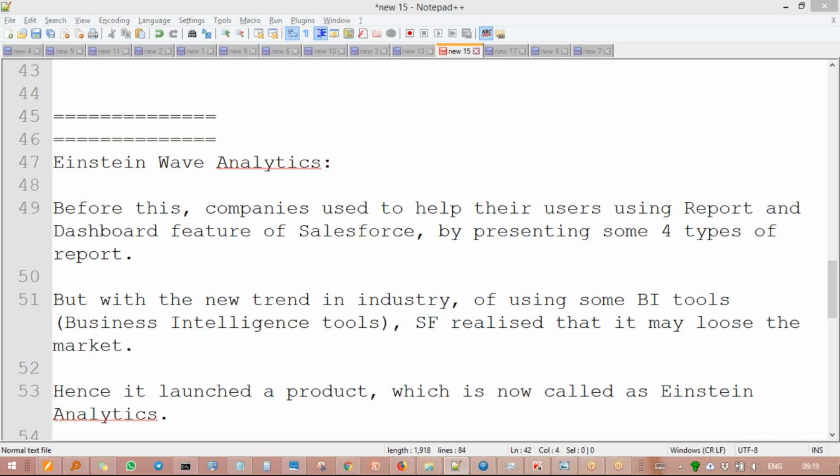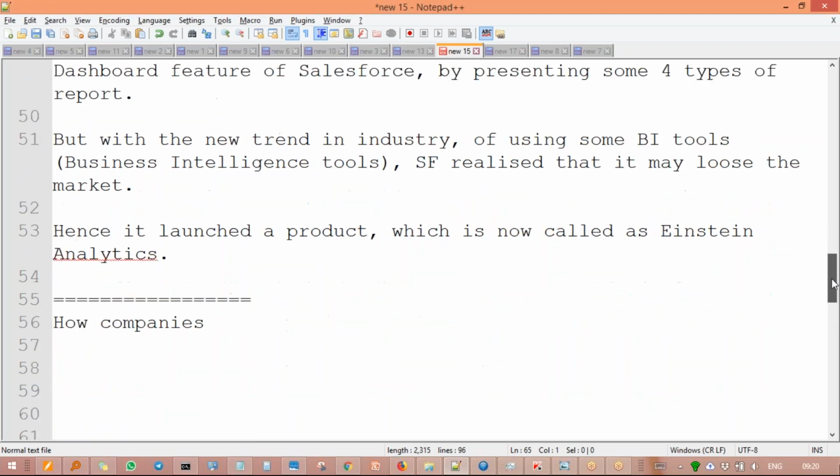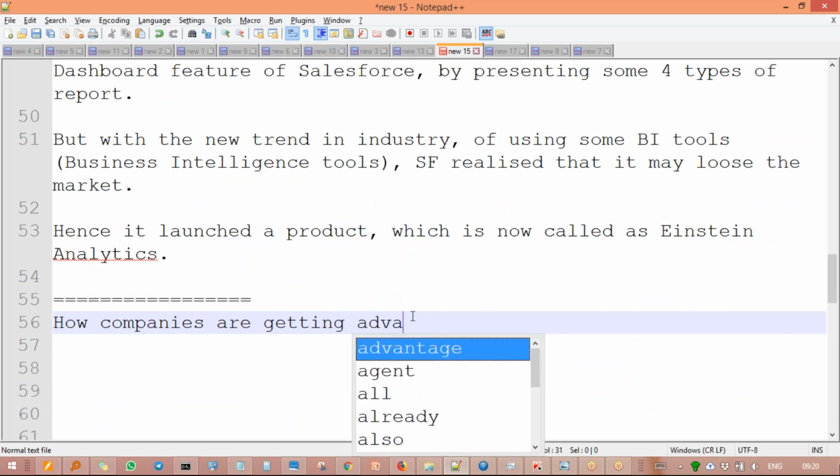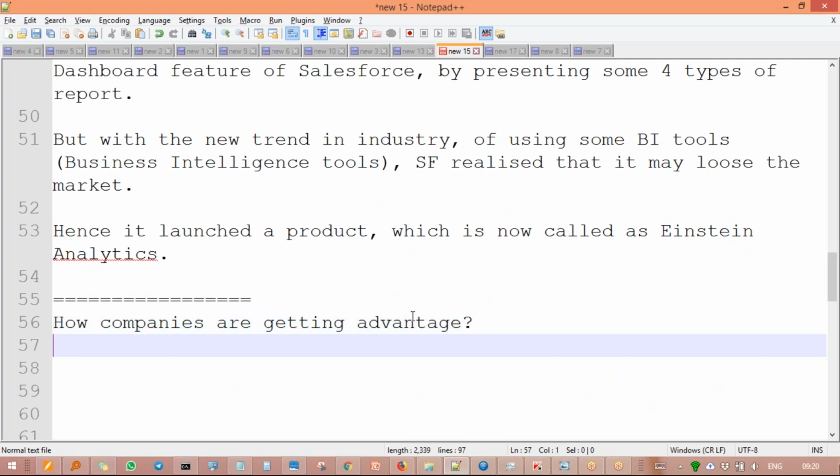Okay, so let me also mention here how companies are getting advantage of analytics.